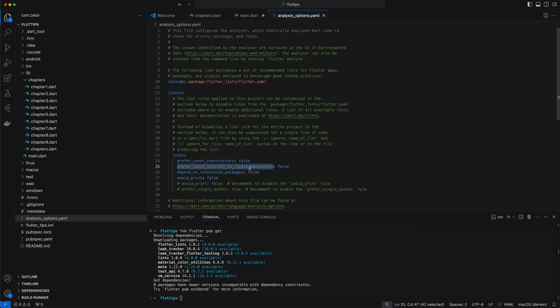So I like to have that one too. They kind of go hand in hand. I also don't mind the depend on reference packages. So this is something like, I use a package called collection a lot for doing things like list manipulation and stuff. The collection package is something that Flutter requires anyways, and I don't want to have to install it